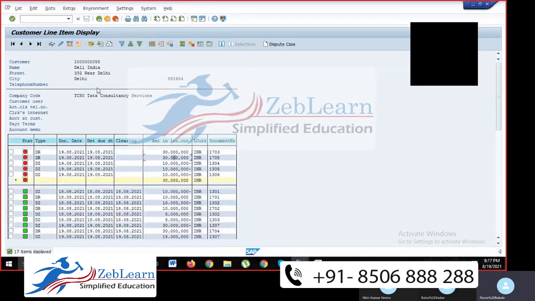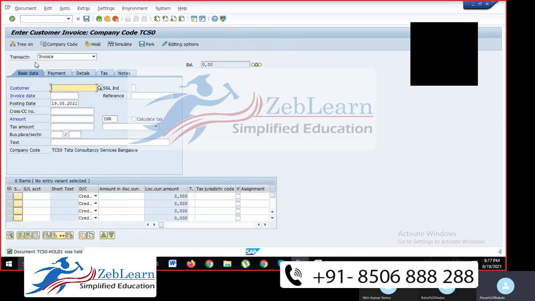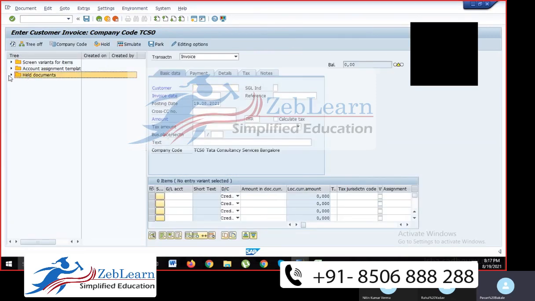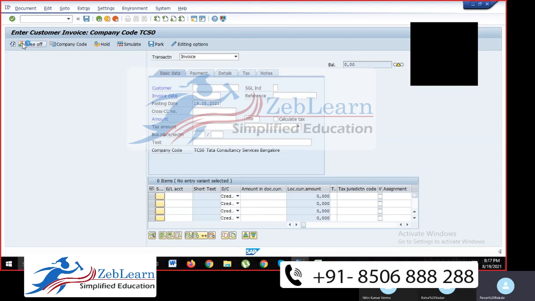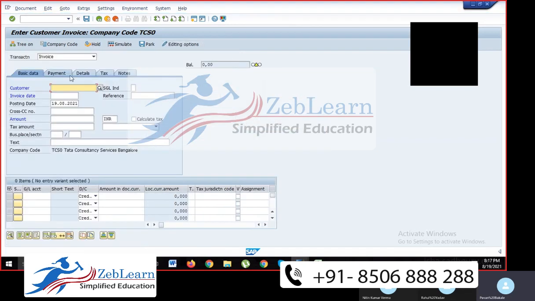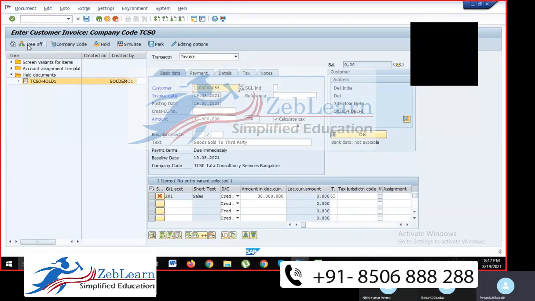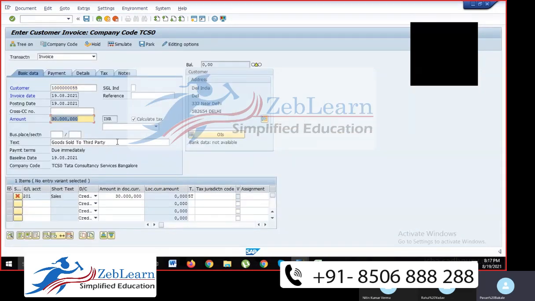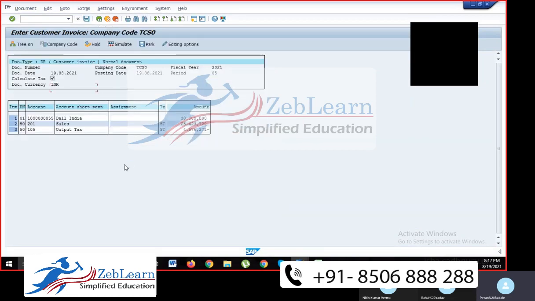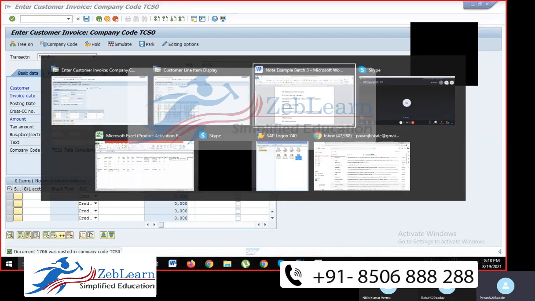It doesn't show you here because holding is done on a temporary basis. It doesn't show in the balances. So where does it show? You should go here. You will have the held document here. Got it? Here at invoice level only, what you can do. You're getting it, Nitin and Rupali? Yes, sir. On the held document, double click here, and you can make any kind of changes you want. If you still wish to, you can park it, otherwise you can directly post it. Simulate, you can post it. What is the document number? 1706.